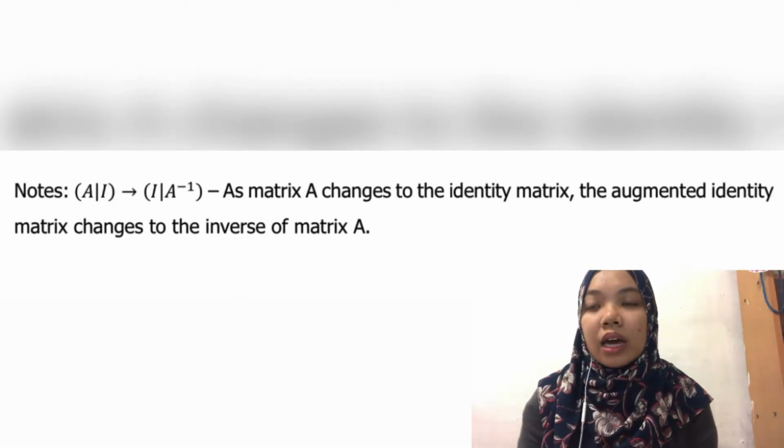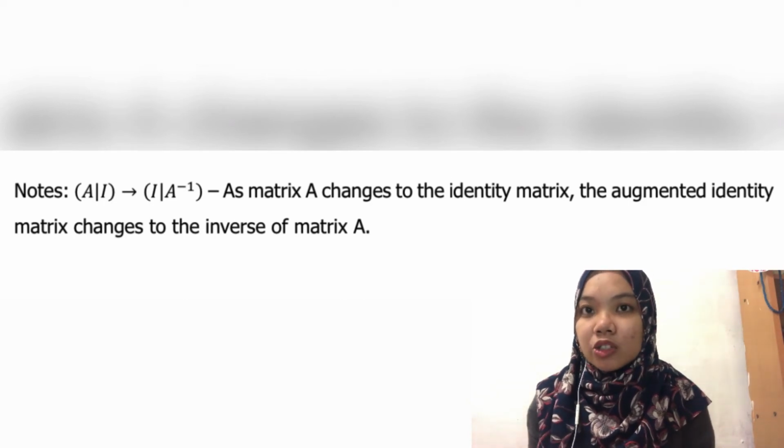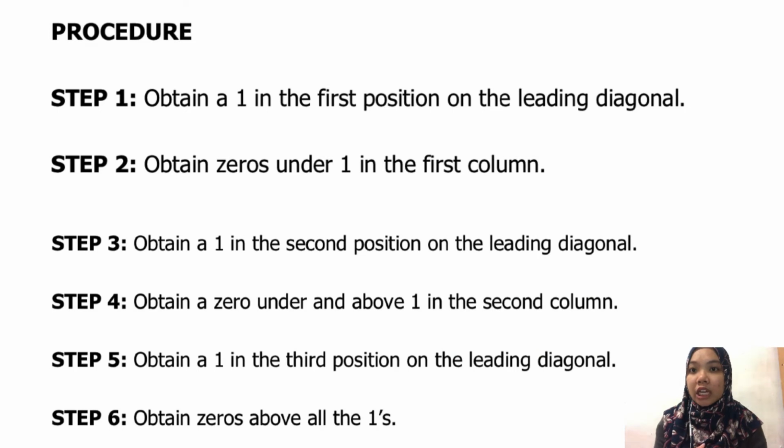Okay, say that we are now finding the inverse of matrix A. So, in order to find the inverse of matrix A, we have to change matrix A into the identity matrix. And so, the augmented identity matrix will change to the inverse of matrix A. So, how to change matrix A into the identity matrix? Here I include all the steps needed for elementary row operations, where we can change matrix A into the identity matrix